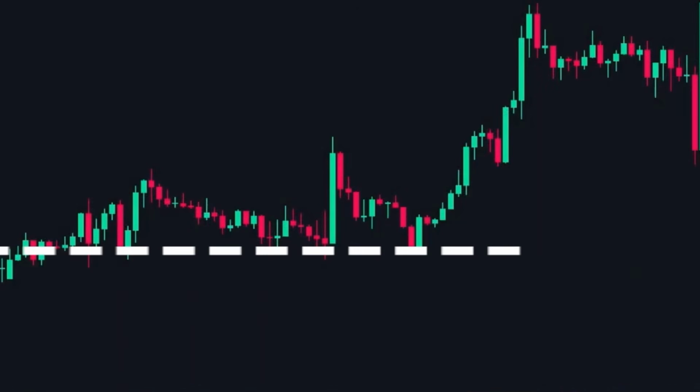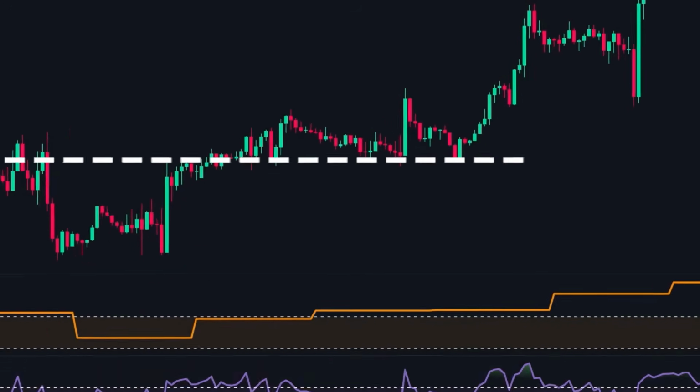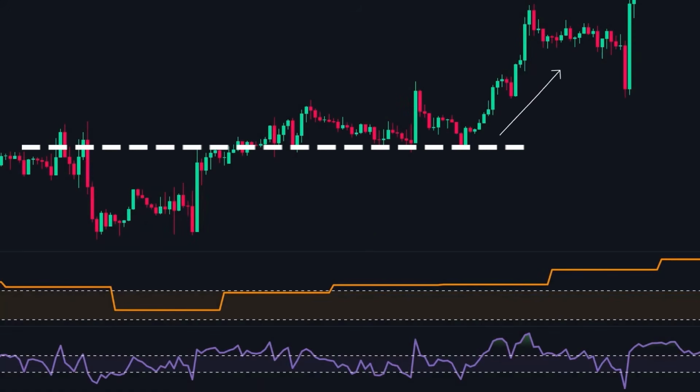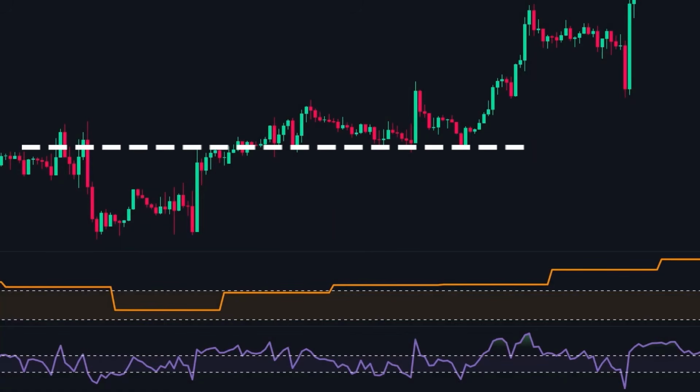If we entered at this moment, our stop loss would have to be lower than the most recent swing low, resulting in an excessively broad stop loss. So we wait for a couple more candles. The price rebounds to the support level and becomes oversold again. This time it creates an engulfing candlestick pattern. As the RSI rises above 40, this situation is regarded as extremely favorable.